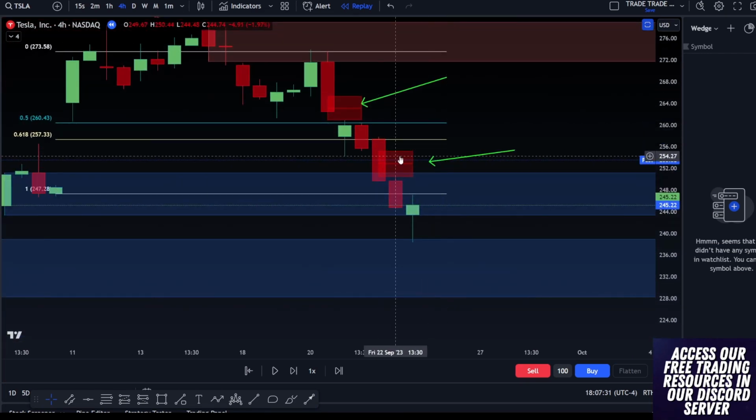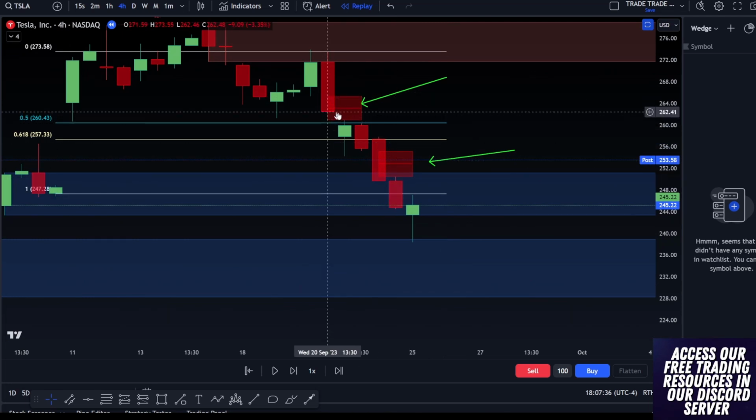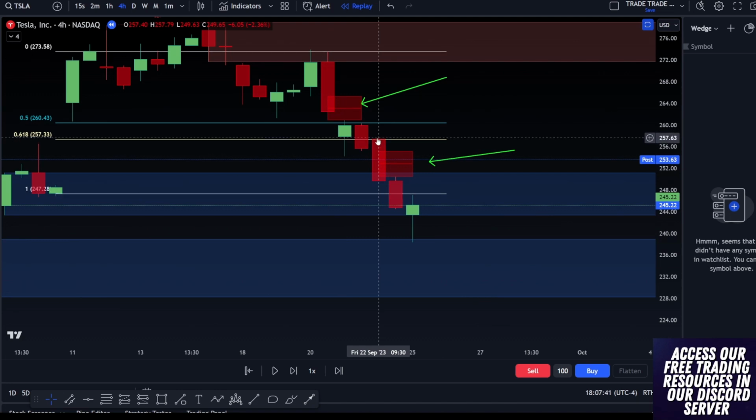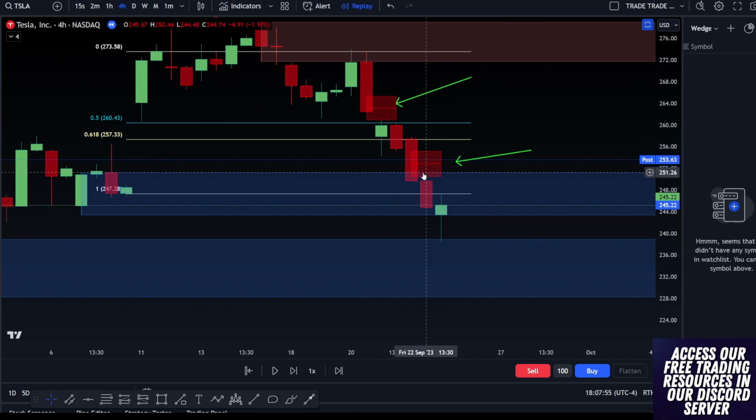Okay, so this is actually a good example here. So where we have this fair value gap, we also have this actual price gap. But where this candle opened, so this candle opened at 257.40, comes all the way down, closes at 249.66, and then the next candle opens once again right here at 249.66 and plunges right down through. So we have, even though there's not a price gap here, there is a solid chance that we are going to not recover. I want this to be very known.